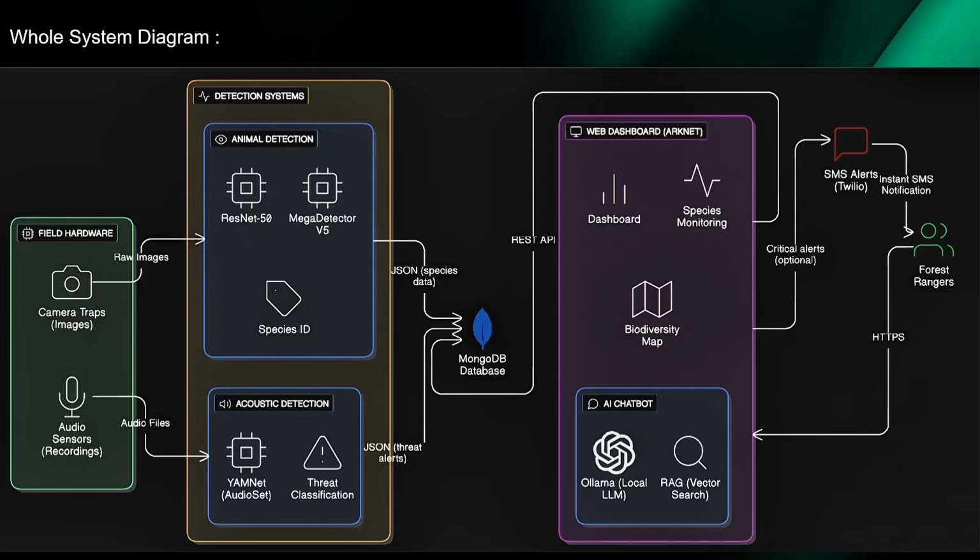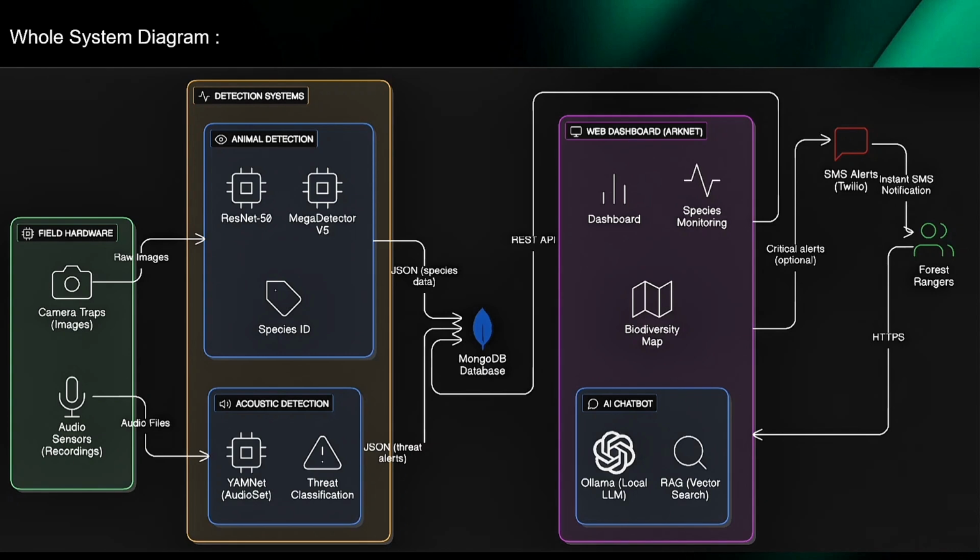Our system mainly contains three main parts. First is the animal detection system. It is made up of ResNet 50 and MegaDetector V5. It identifies multiple animals, multiple species, people, and vehicles, so we can have a better idea of what is